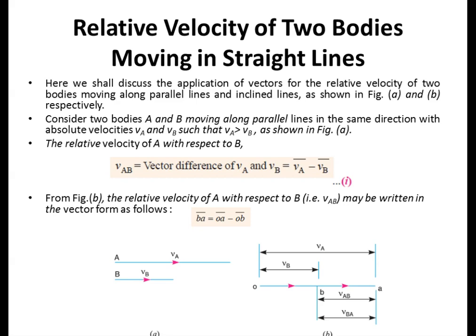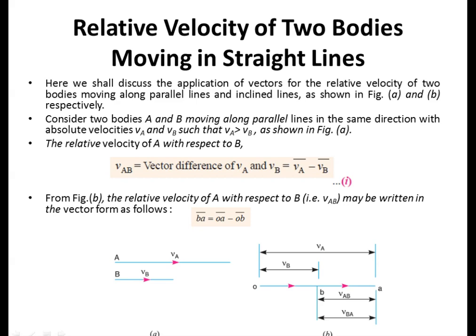That will be nothing but velocity of that body, or it may be a link. Now the relative velocity of A with respect to B, that is VAB, you need to find out, for example, for a link or any body. So if you want to find the relative velocity of A with respect to B, it becomes VAB. VAB is equal to the vector difference of VA and VB, that is, vector VA minus vector VB. Just we are taking A and B.